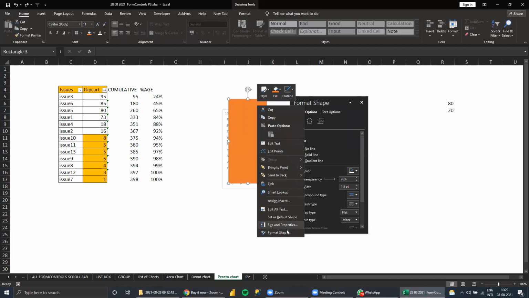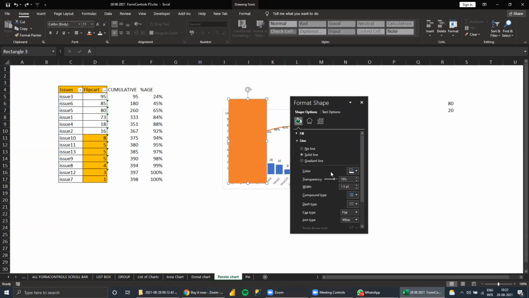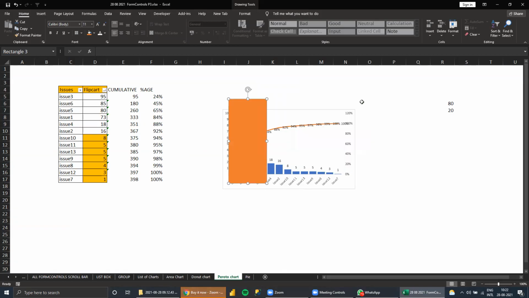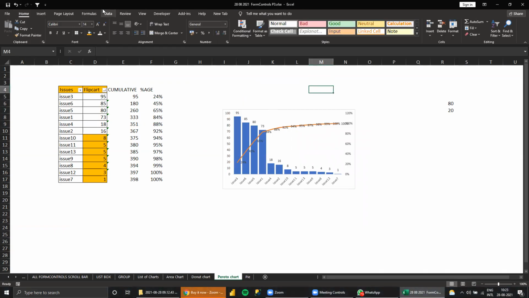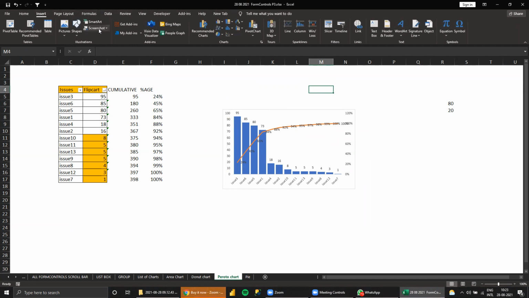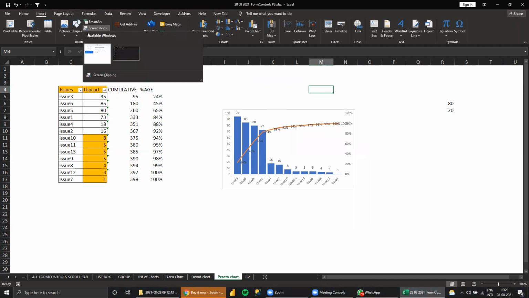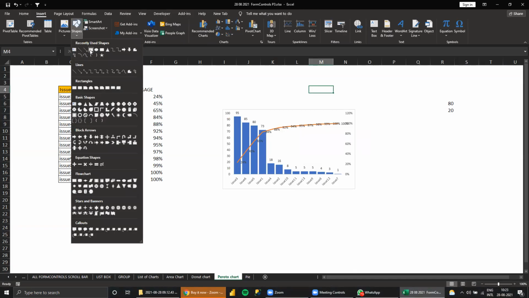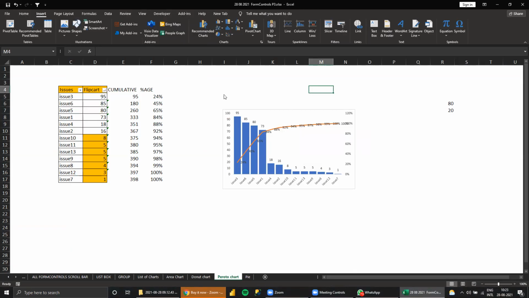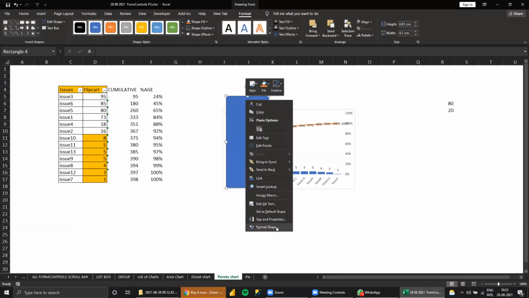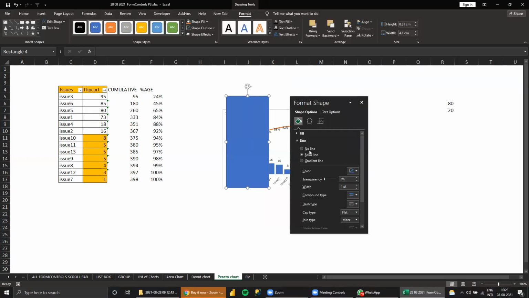Anyway, you can see the transparency, but why it is not working? I don't know. Why should transparency come? Transparency. Okay.